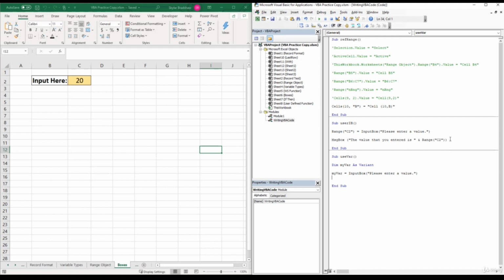So I'm going to come back up here and copy this line of code, Control C, then Control V to paste. And instead of retrieving the value from cell C2, we are going to use our variable. So we can delete range C2 and just type in our variable, which is my var, then close parentheses. So now if we run this sub,